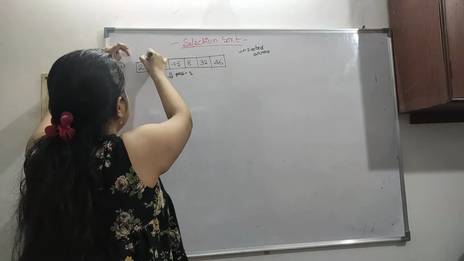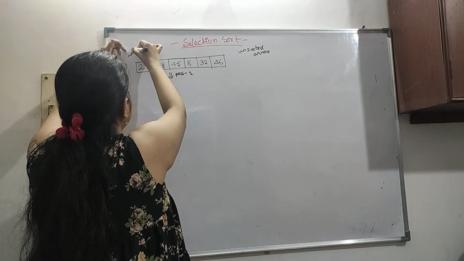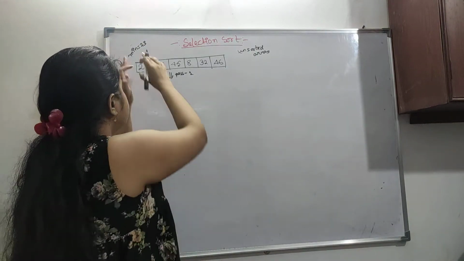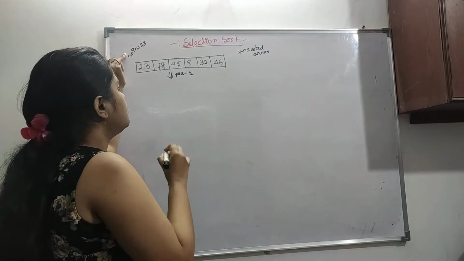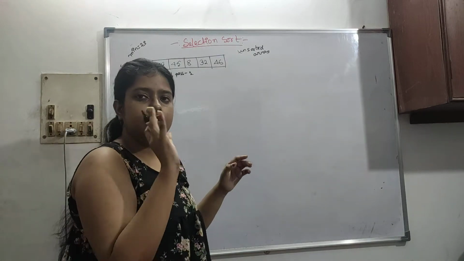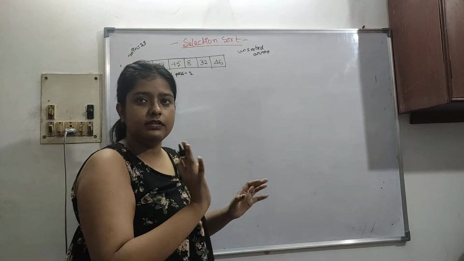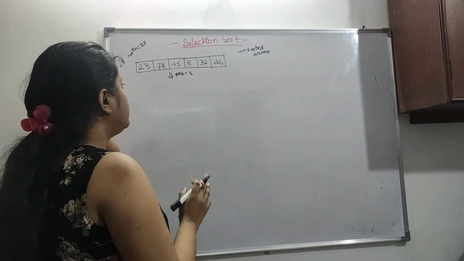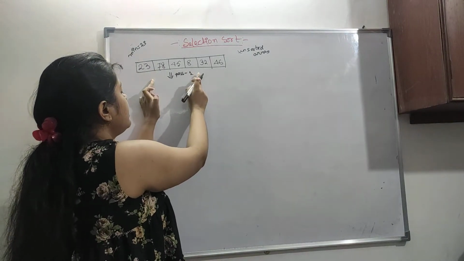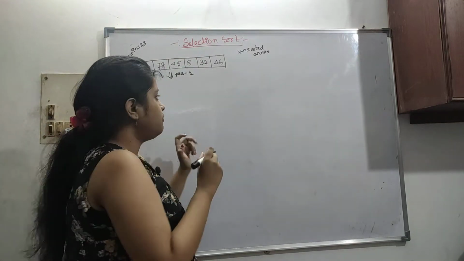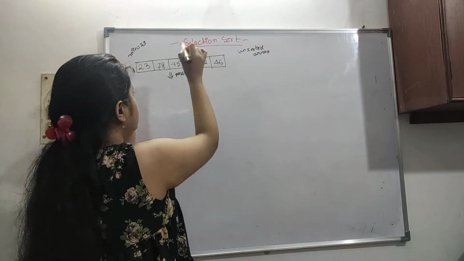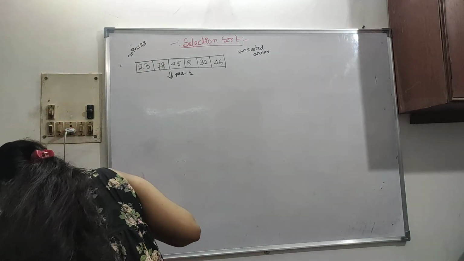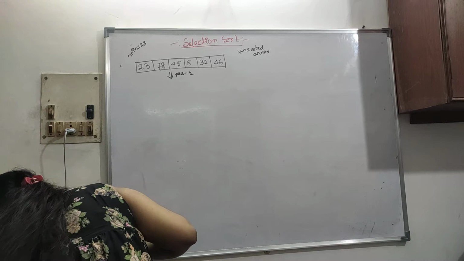Just the basic thing is that we take this element, and let's say it is our minimum element. So the minimum is now 23, just for an example. So we have to find linearly. Linear search we will do. After selection sort is done fully, we will do linear search. So linearly we will start finding, and when the minimum element is found, we will swap this element with the minimum element.